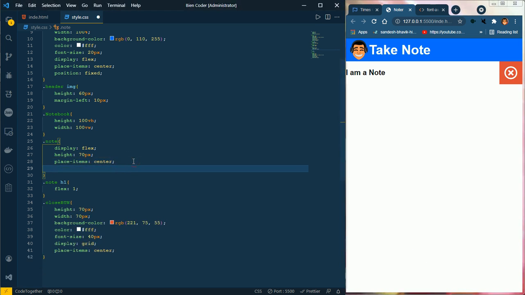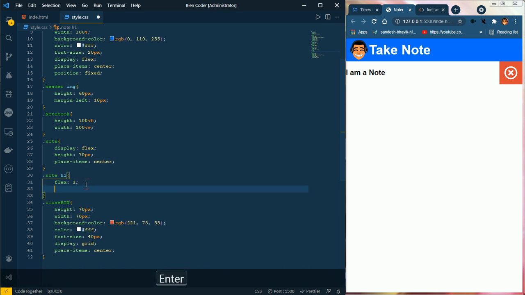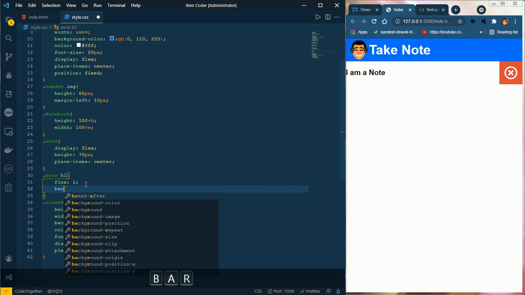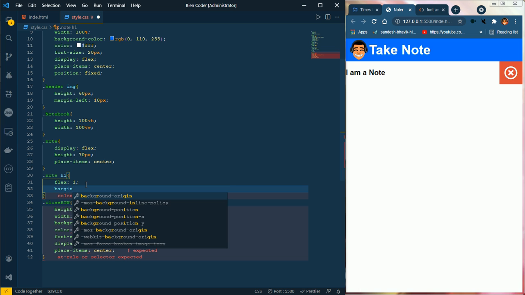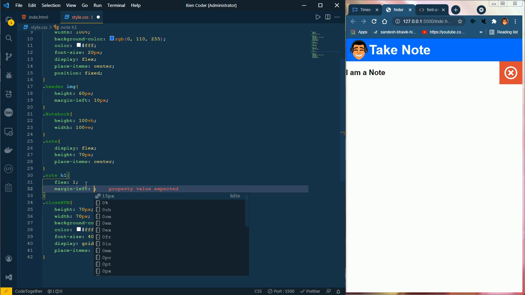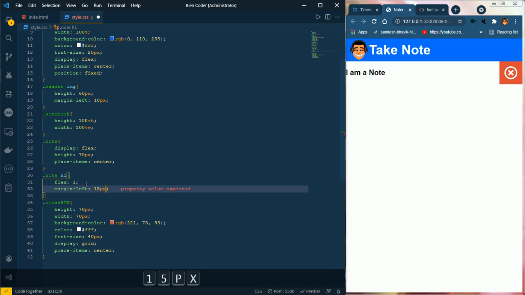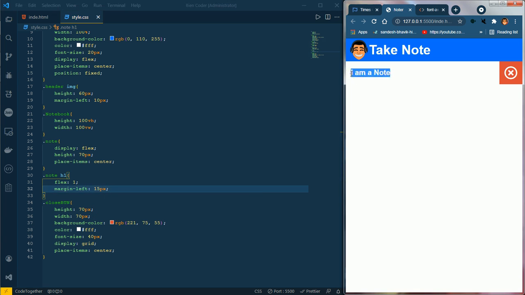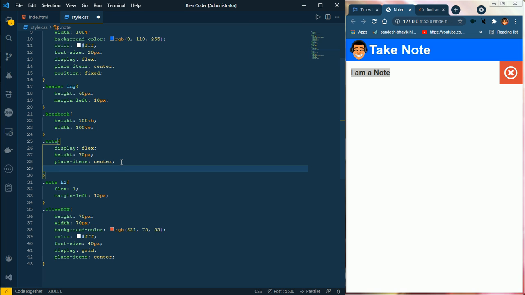And let's give this h1 margin left 15 pixels, which will make some space between this left side and the h1 tag. And I will also give the note a